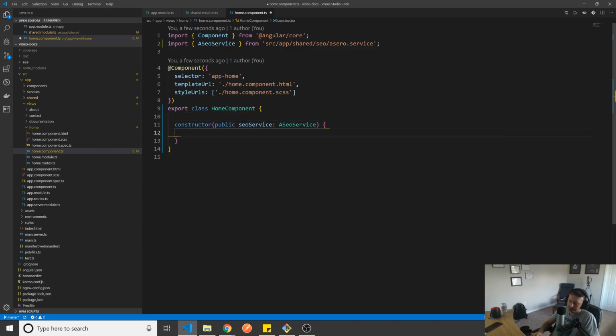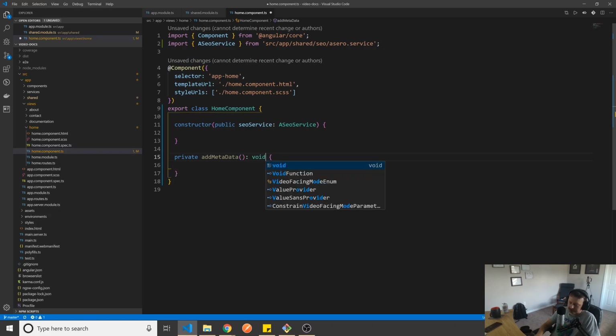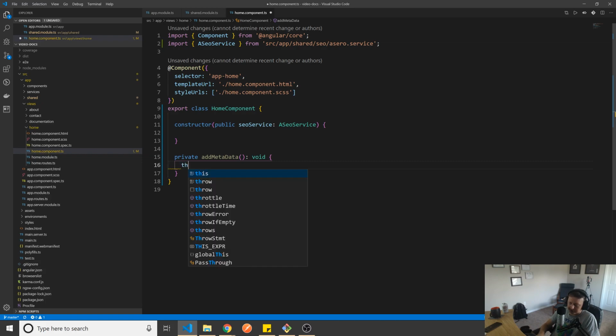So let's go to our home component. We'll start there. Start on the most simple implementation. So home component, we'll have a constructor, and in here we'll have public a meta or a SEO service. All right. So whenever our home component is constructed, what we'll do is let's just create a private function. And we'll say this dot